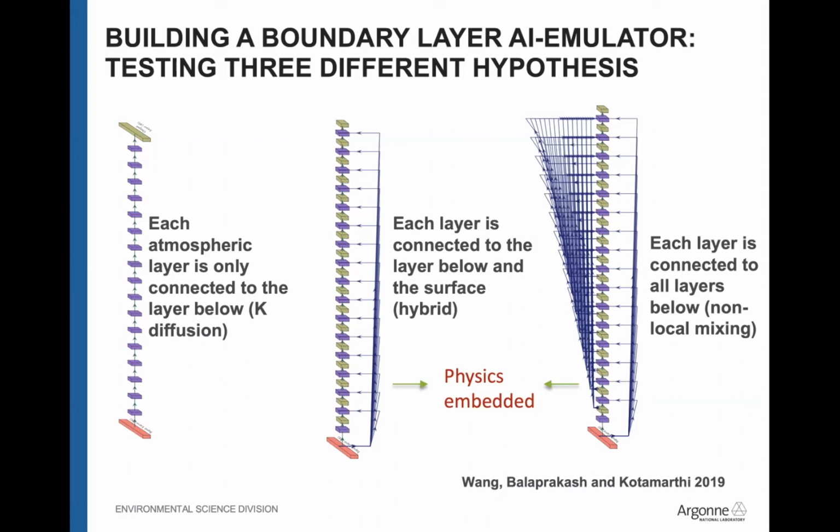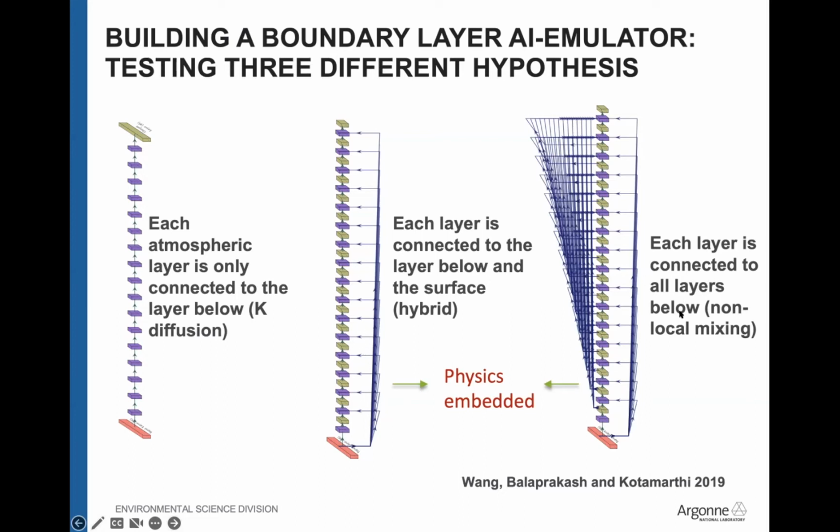What we tried is this: if we dump all the data with multiple vertical layers into the learning algorithm, and it doesn't know how they are connected with each other in the vertical dimension, it will still give you results. But once we tell it to add the connections between the surface and the upper layers,